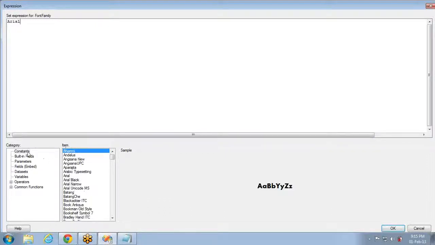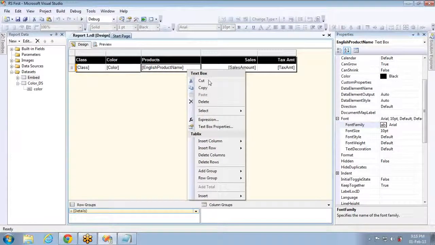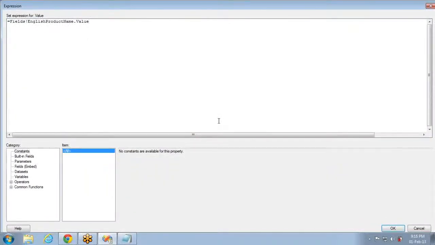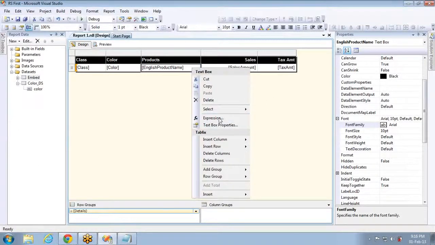So the constants are nothing but the values that you can set for the particular property where you selected the expression page. Why is it not available for a text box? It's a simple reason. In a text box, you can pass any value, and that's why they cannot provide any constant. If you want to give any constant value, type something. This is what you can type in the text box. So this is about the constants category in the expressions page.